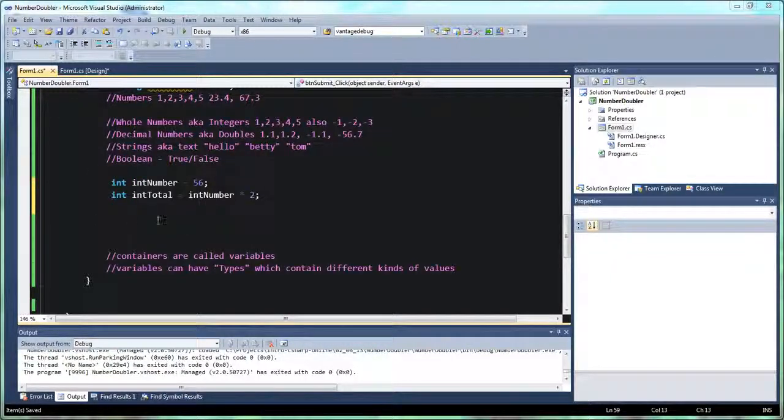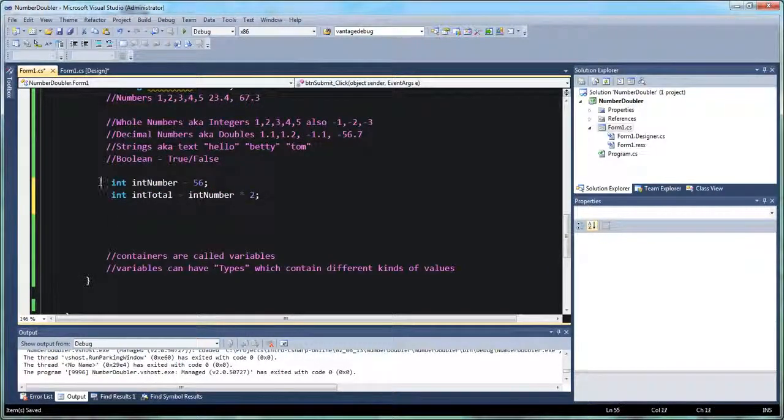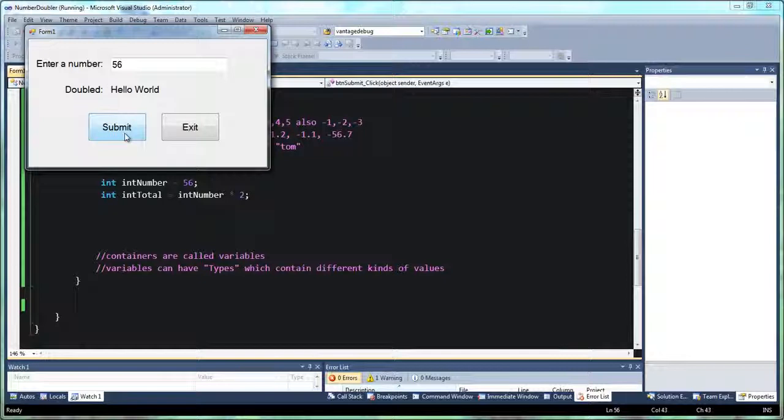So we're a little closer to where we need to be. Right now we have this value. It's multiplying 56 times 2, but we don't really have any way of proving to see if it works. In fact, when we hit submit, we're still saying hello world. So what we want to do is, instead of displaying hello world, I want to display the result of that